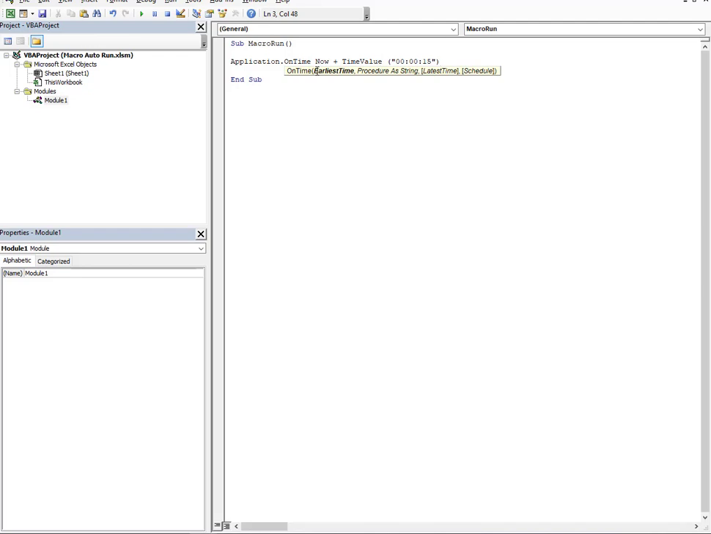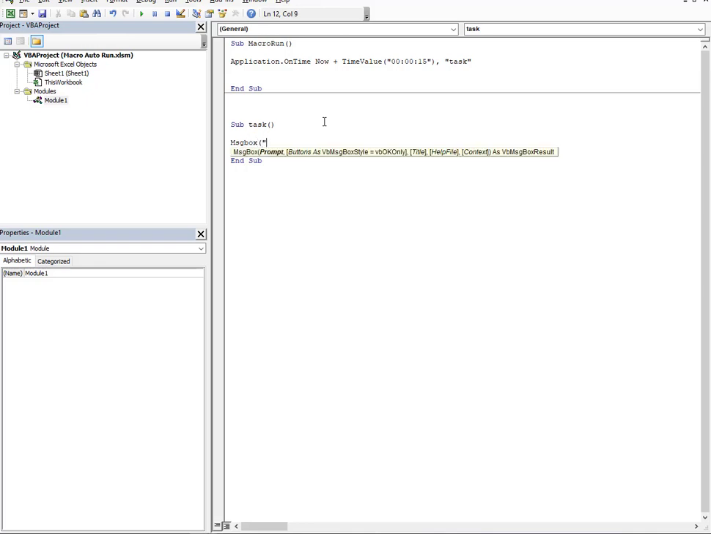Okay, and once this is executed, we have to run another subroutine. Let's say we name that as a task. Okay, so this is a subroutine I want to run after 15 seconds from now. Okay, so now I will write the second subroutine, which is the task subroutine. Okay, that's what we are calling here. So write sub task. Okay, and here just to check, we can give a message box. So msgbox,